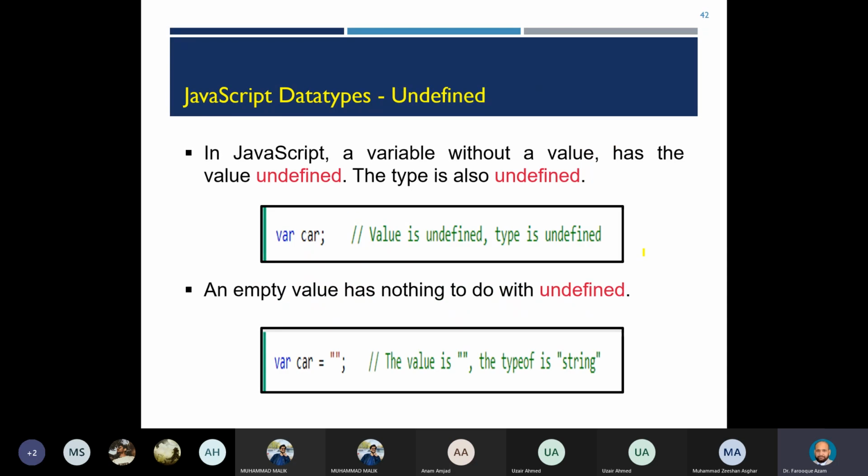ओके, so there is a data type undefined as well. In JavaScript, a variable without a value has a value undefined. The type is also undefined. तो अब ये देखिए, अगर मैंने वेरिएबल डिक्लेयर किया है और इसको इनिशियलाइज नहीं किया, तो अगर मैं इसकी टाइप चेक करूंगा, तो टाइप ये रिटर्न करेगा अनडिफाइंड. और इसकी वैल्यू चेक करूंगा तो वैल्यू भी अनडिफाइंड होगी. ठीक है, फॉर एग्जाम्पल